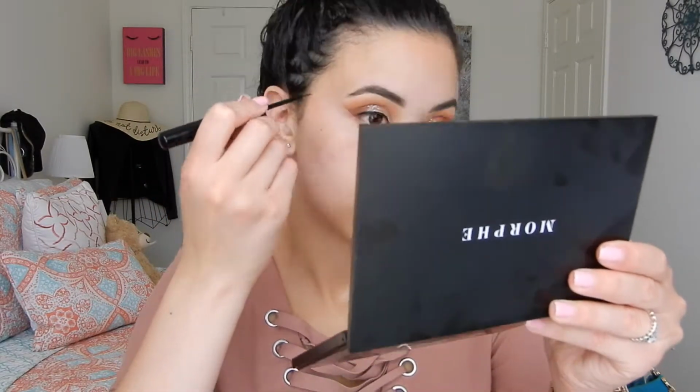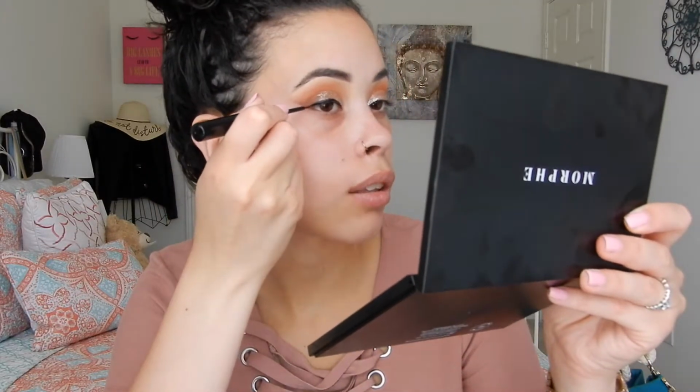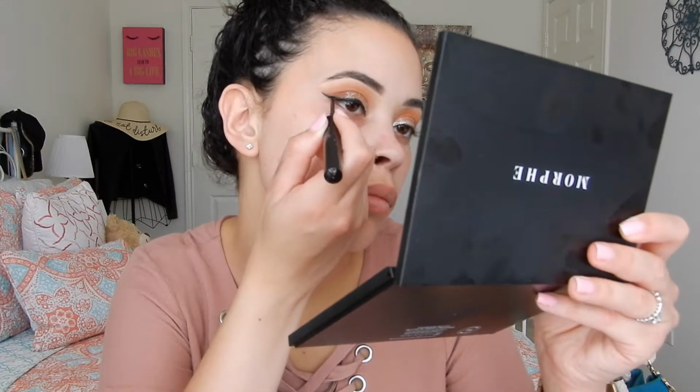Today I'm going to do a little bit of eyeliner, very subtle. And then because we created a straight line, we are going to follow that straight line with the liner. Alright, so I finished my winged eyeliner and then I just curled my lashes, put on mascara, and then applied